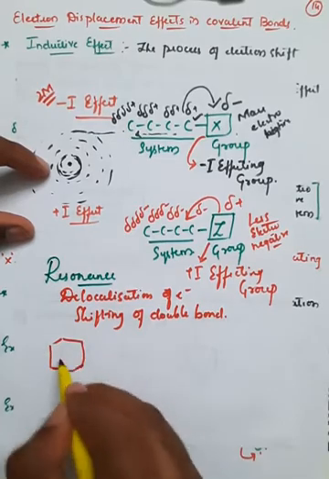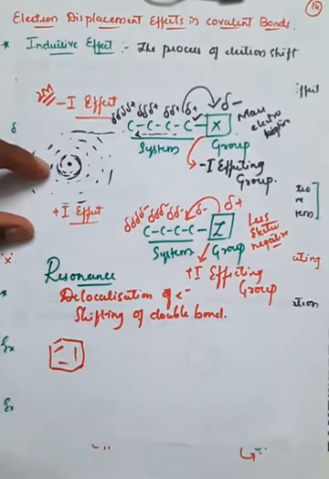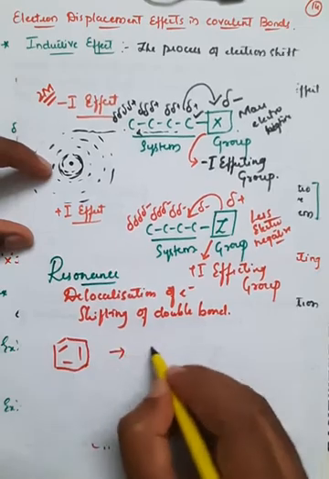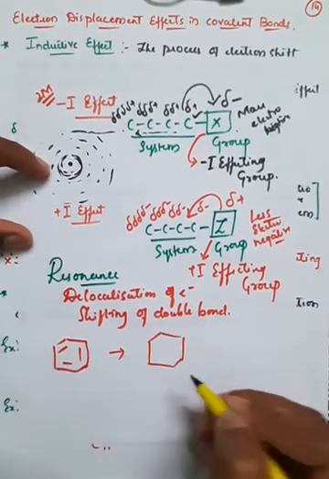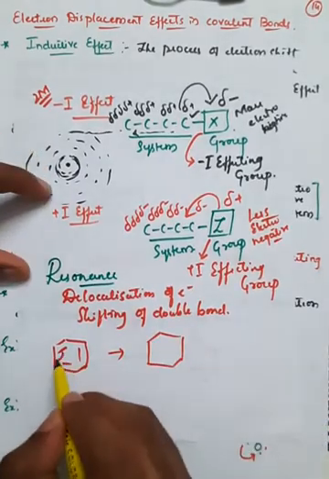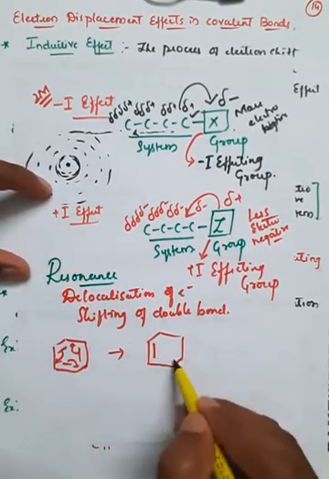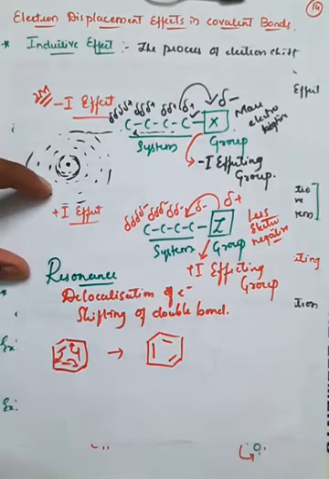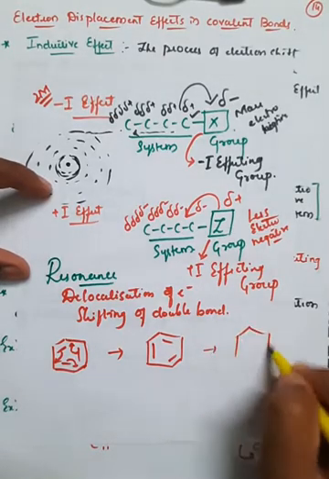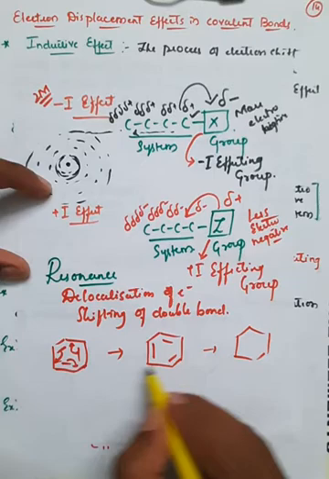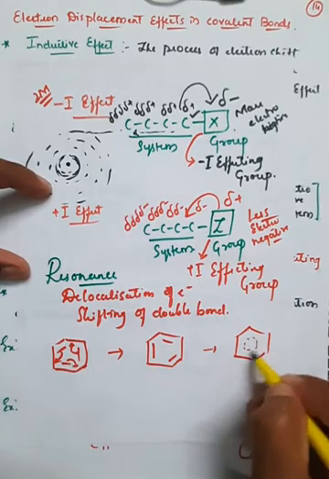If the benzene consists of alternate single and double bonds, it can be written in another form due to the movement of the electrons: it will come here and shift here, right? So this can be written like this. This is the second canonical form. We can write the overall structure by taking the average of the two, which shows that the double bond can be present anywhere.